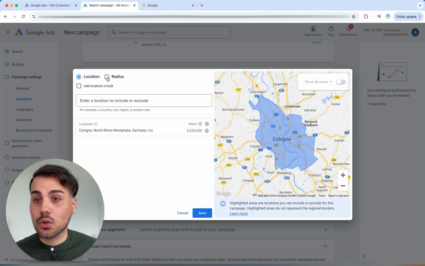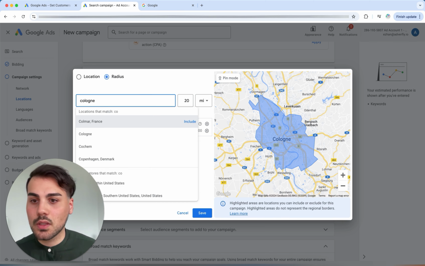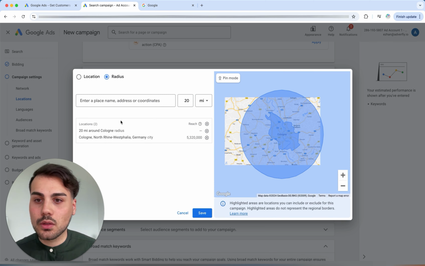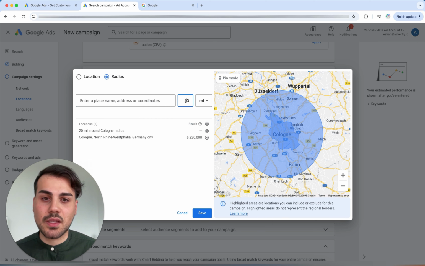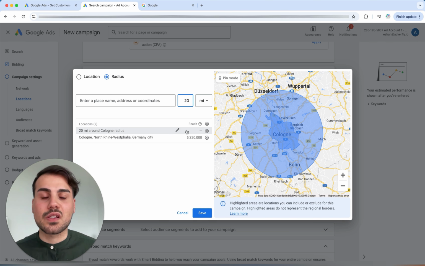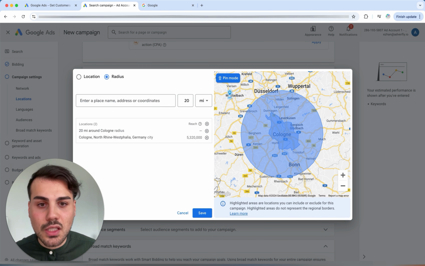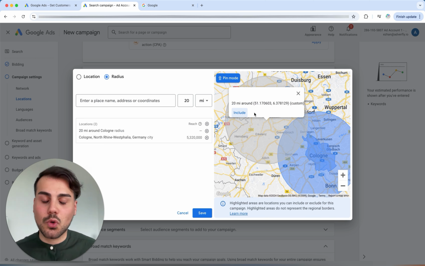I can also set a radius. That is also possible. If I write Cologne, then I can set a special radius, which is ideal for people who are restricted locally and want to work quickly and easily with the radius. And then you can restrict here too. Exactly, that is the option here. I can also use the pin function with the blue button here, where I can say, "I want to reach exactly this city." And there are many gimmicks.